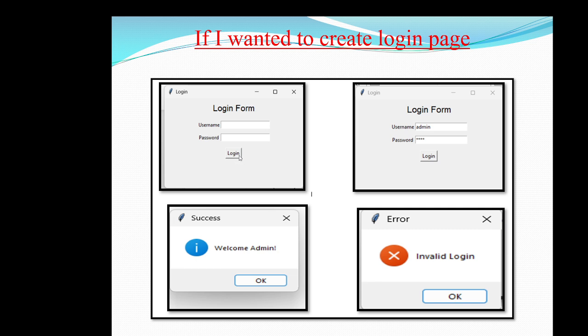This is my task. So in the username, if I give the information as admin and password as 1234, and if I log in, I should get a message saying welcome success, welcome admin. If something is wrongly typed in the username other than admin, or in the password other than 1234, and if I submit it by using the login button, then I should get a message saying invalid login. To do this task, let me explain how we are going to do the coding for this particular output.